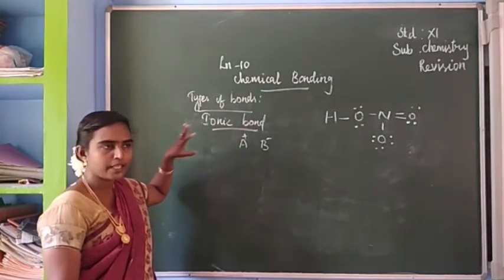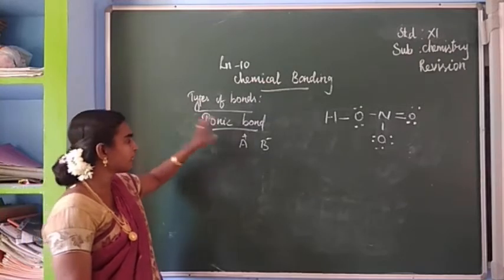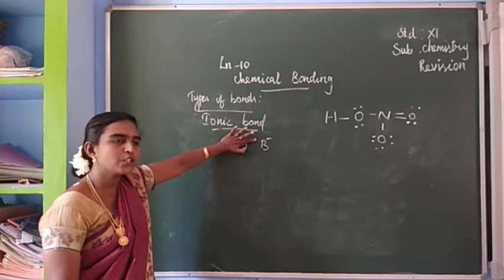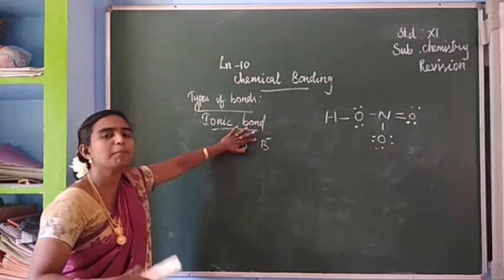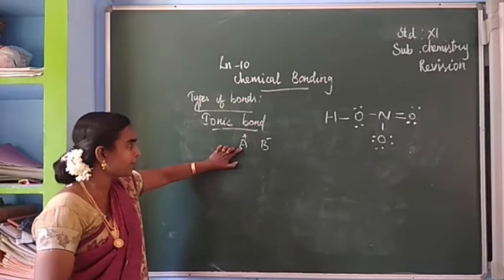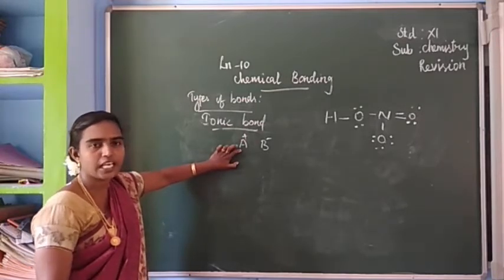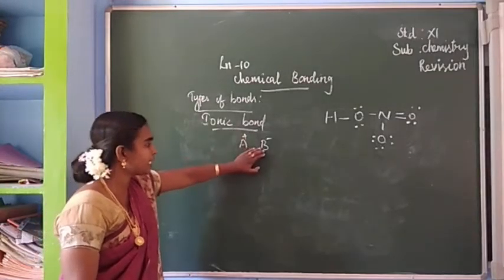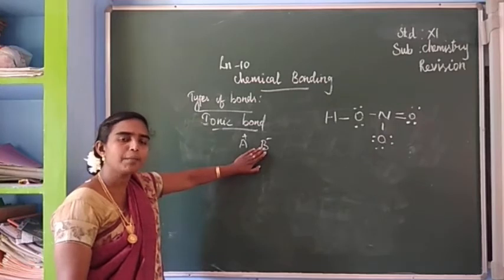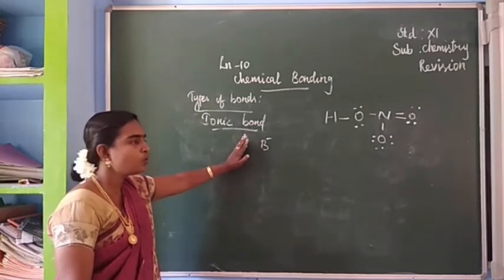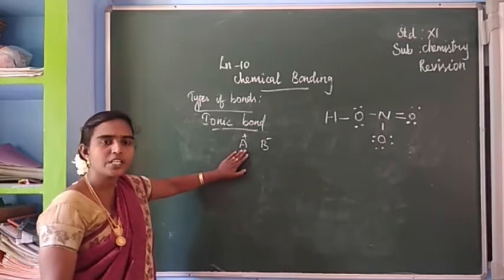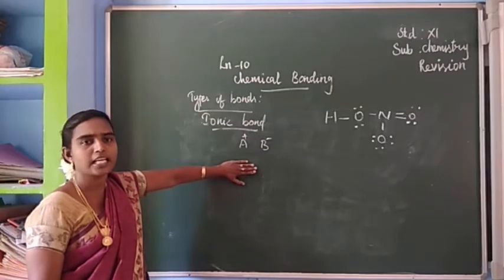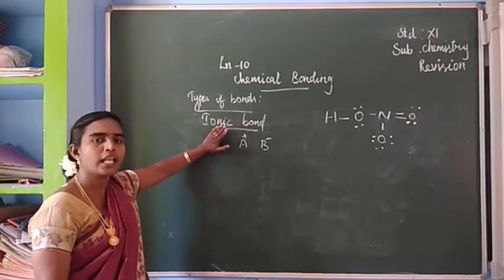Is it clear? A chemical bond is formed. How has it formed a bond? The atoms which are going to bind should transfer electrons completely. For example, A atom releases one of its electrons so that it becomes a positive ion, a cation. B atom gains the electron and becomes the anion. So now there is an electrostatic force between these constituent ions that results in the formation of a bond, called an ionic bond or electrovalent bond.